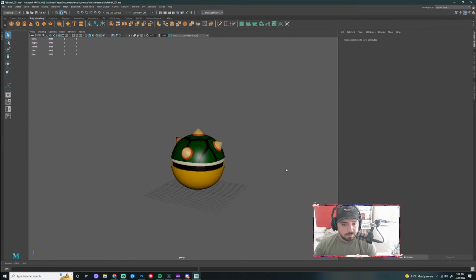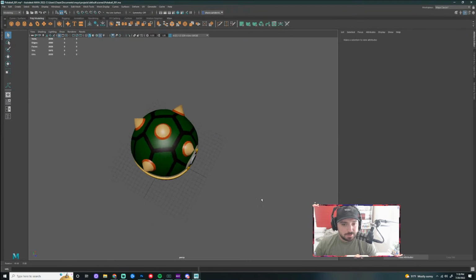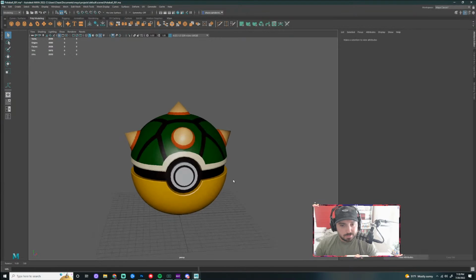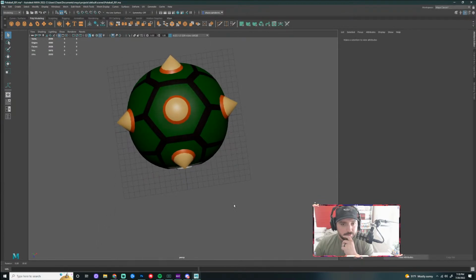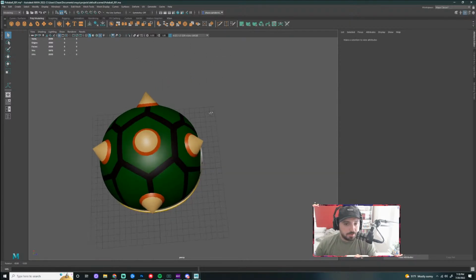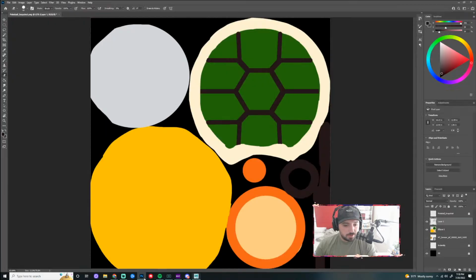Definitely wraps a little bit better on the other side, but that's kind of cool looking. I wonder if I flipped the pentagon the other way, would it work better?